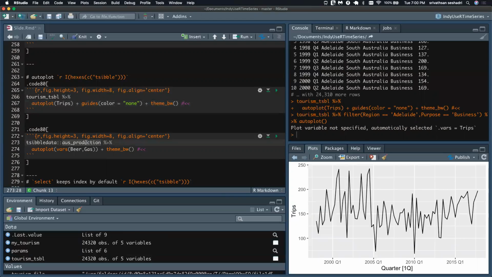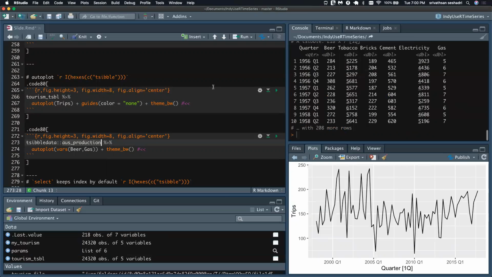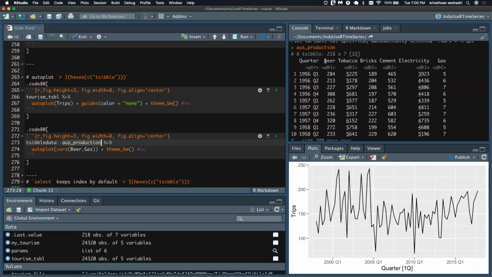What if your data is not stacked, right? Something to this effect. There's another data set called Australian production. And you have just like an XTS object, which is an extensible time series object, which is again a matrix of time series, just like this. You have different columns here tied to time.